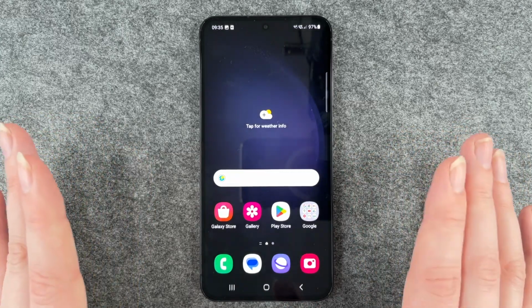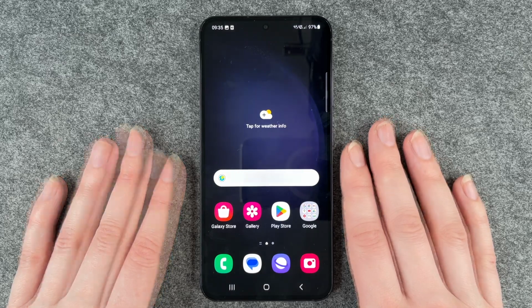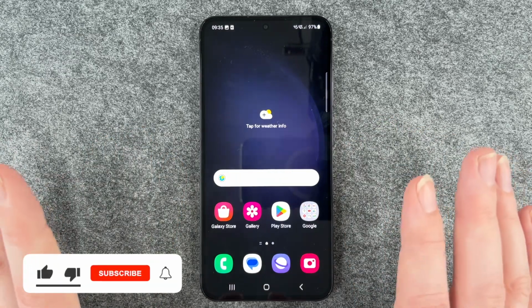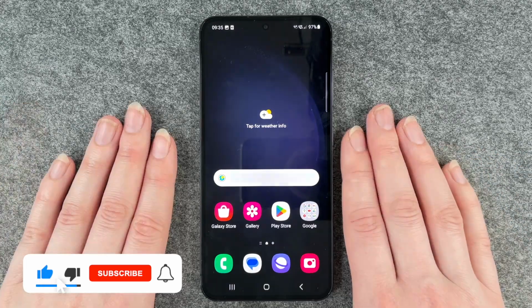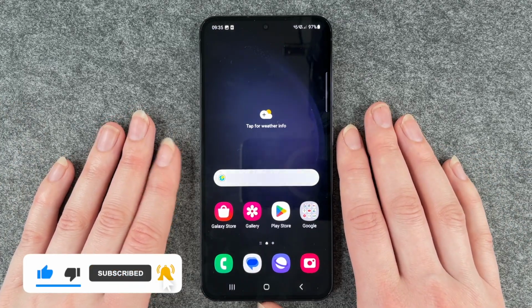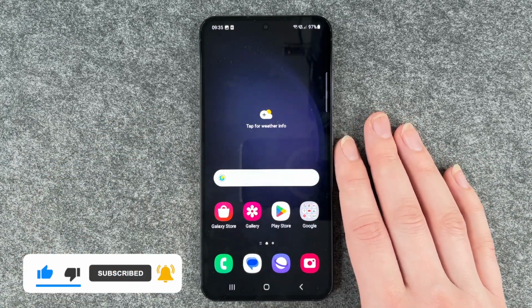Today I'm going to show you how you can customize the LED flash notification on your Samsung Galaxy S23. Maybe you want a visual feedback if you get messages or any other notifications, or you just like the flash